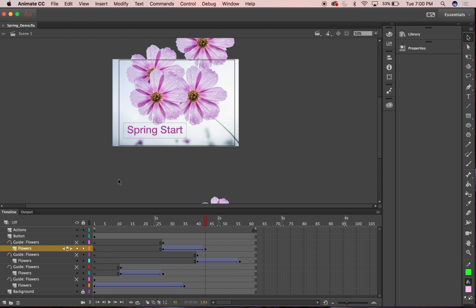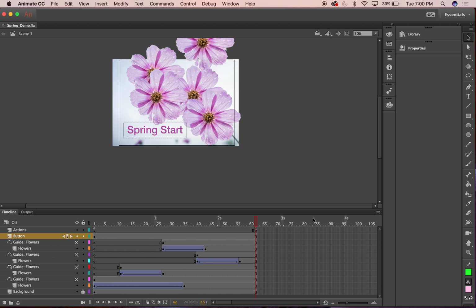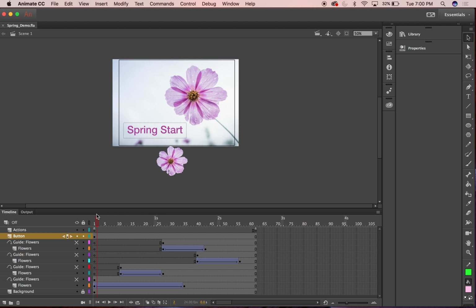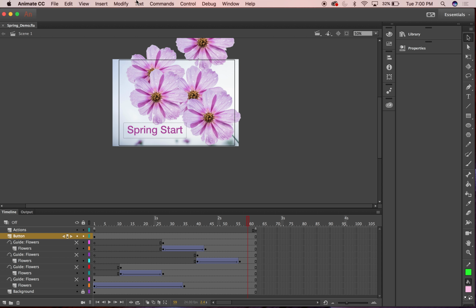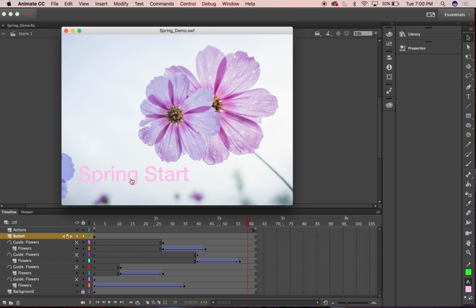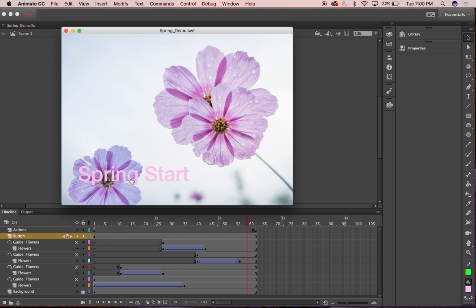Now, this button, since you can see the artwork here is all the way through, it's consistent throughout, okay? This button, actually from beginning to end here, is one solid piece of art that is interactive, that every time I click on it, no matter where I'm at on the timeline, it is going to go to frame 2 and then play. So let me test it out. When the movie is in the middle of its play mode, I'm going to click it at any time, and it's going to just keep recycling back and back and back all the time. Okay, so that's something to keep in mind,